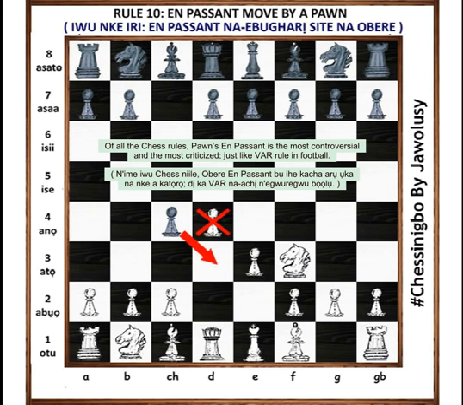Of all the chess rules, pawn's en passant is the most controversial and the most criticized, just like the VAR